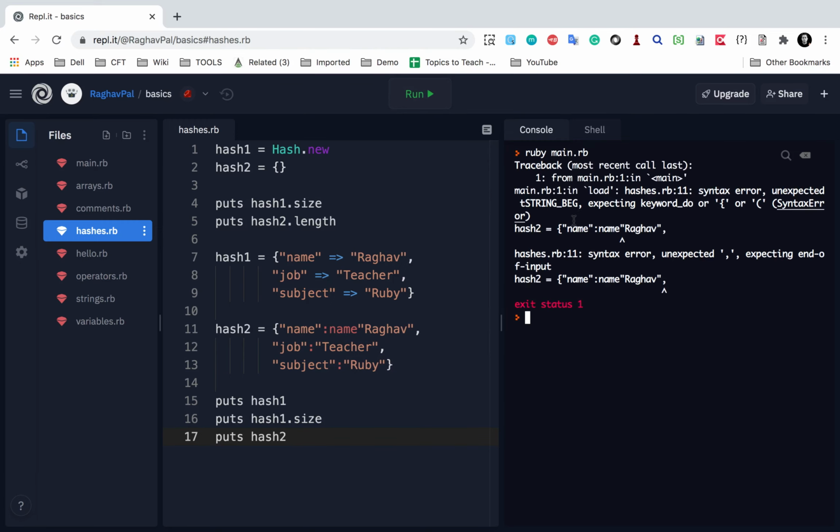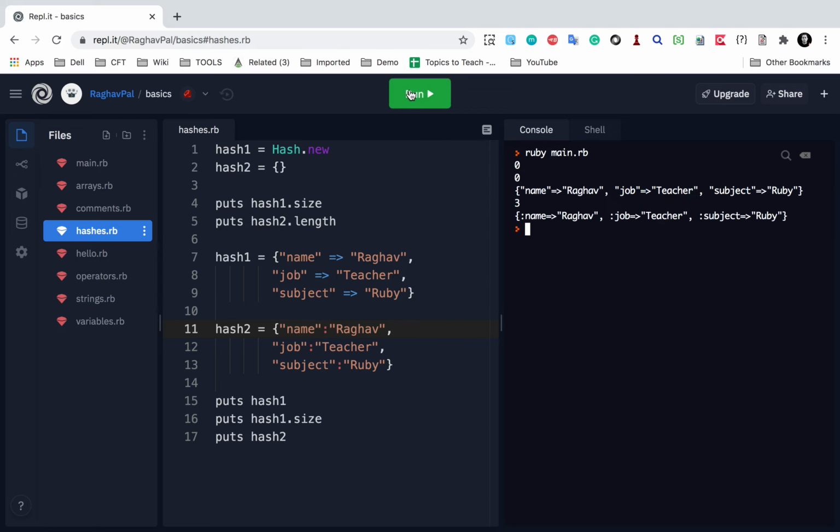If I run this, I think there was an issue. Let me check again. Yeah, there was an extra thing here. I should now run and check. Yes, now it is coming fine. And you can also see there is a colon with every key.